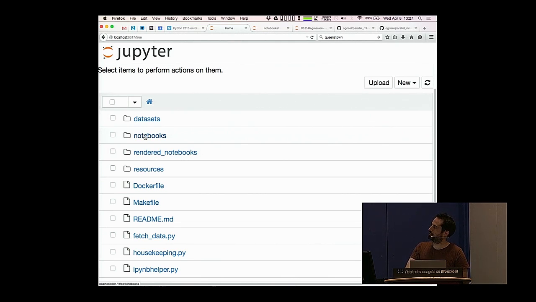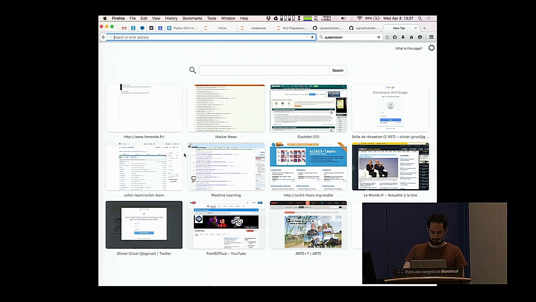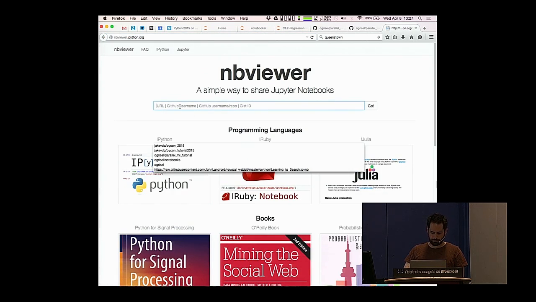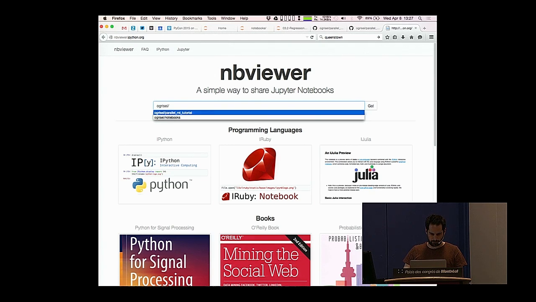So today we will use this one, notebooks. But if you want to follow along without executing stuff, you can use the rendered notebooks also from the nbviewer website. For instance, if I go to nbviewer.org and you type Grisel Parallel ML tutorial,